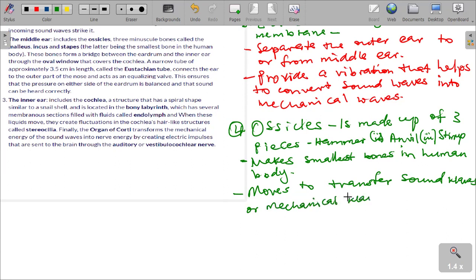Mechanical waves to the oval window. That is very straight. The ossicles move to transfer mechanical waves to the oval window. That you can see. One other question that I once saw was asking, how are the ossicles and